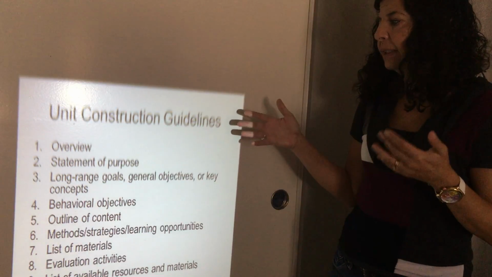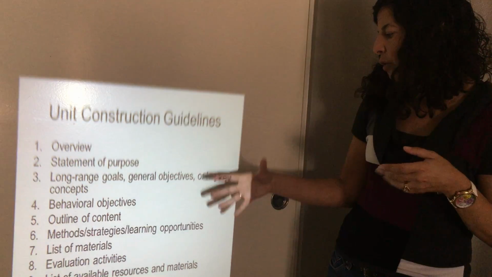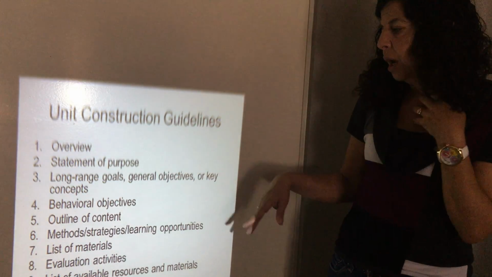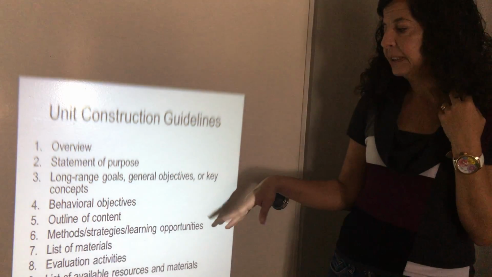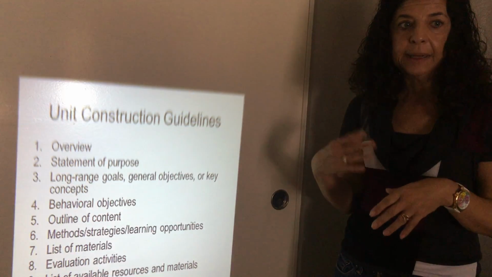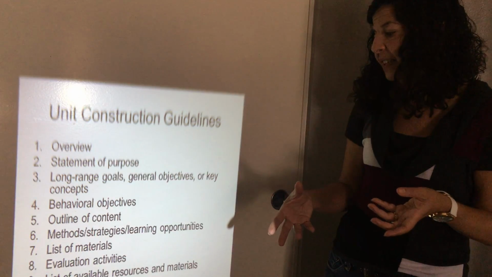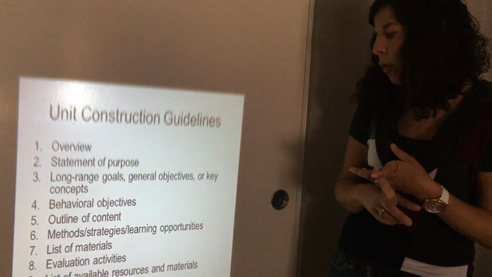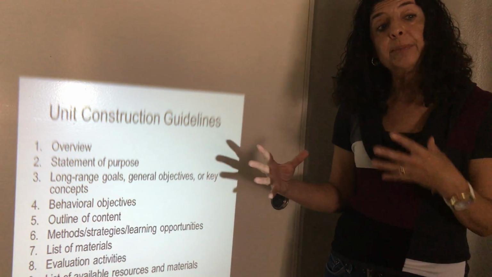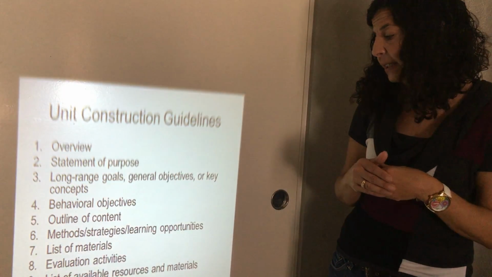Your unit construction needs to have an overview, a statement of purpose, your long-range goals and objectives and concepts. This was really your assignment 2. Behavioral objectives, and you covered that also in assignment 2. Giving yourself an outline of all of your subtopics, and then really thinking about your methods and strategies. Remember that was in chapter 4, and there were 2 sections to chapter 4, so that's a pretty big chapter with lots of information. So make sure that you have your list of the materials that you need to bring